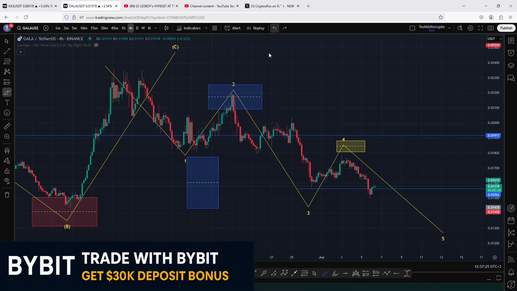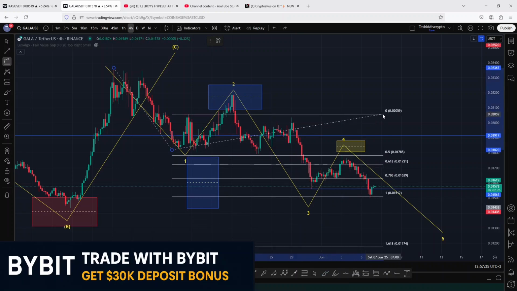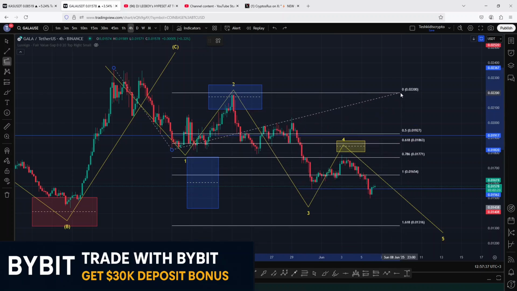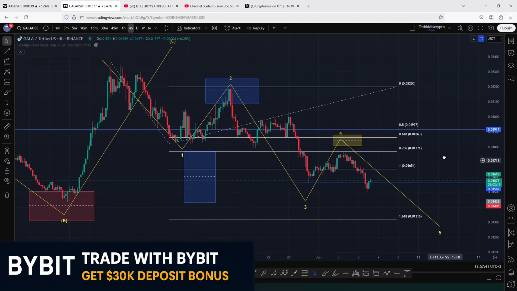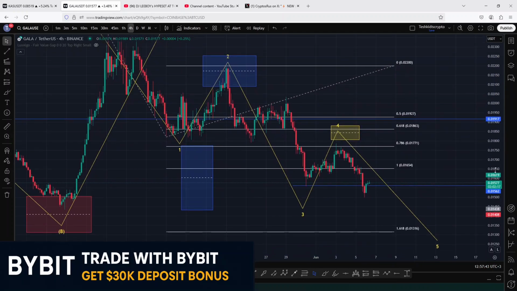and the minimum target areas for the wave 3 were given by connecting the fib extension from the high of the wave 1 to the low of that wave 1, then connecting the Fibonacci's to the high of the second wave. And on so doing, the first target area that I was paying attention to was the fib ratios 1:1 above the 0.01654, an area that we fully maximized in a move that gave us that significant low below the